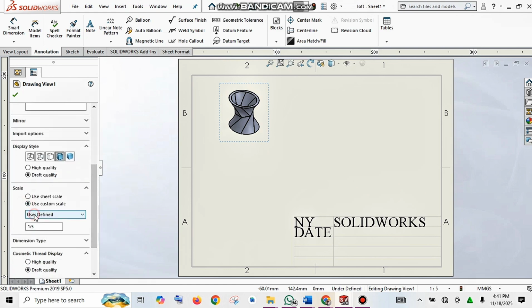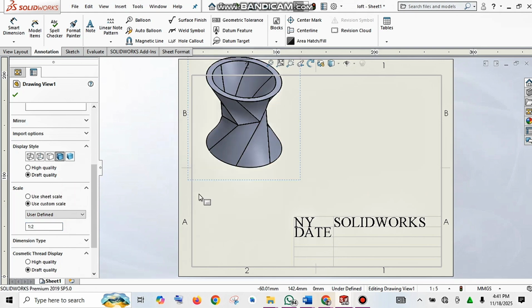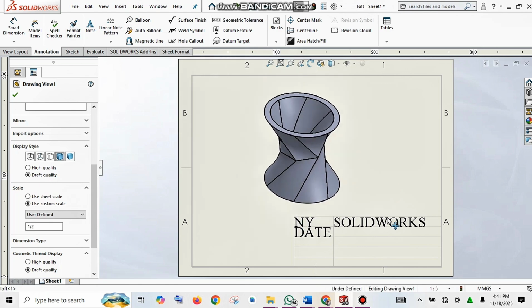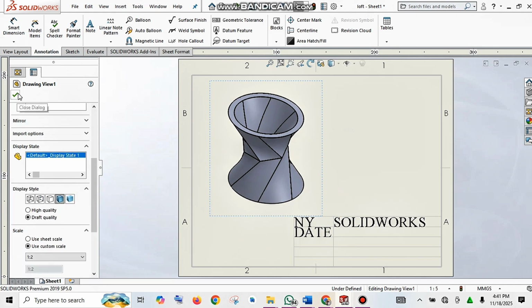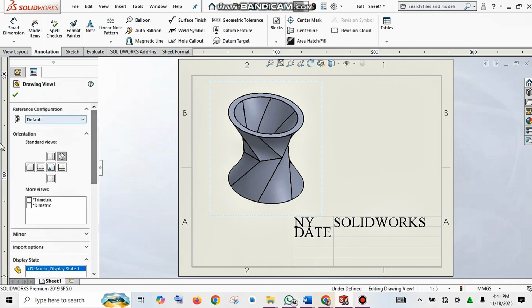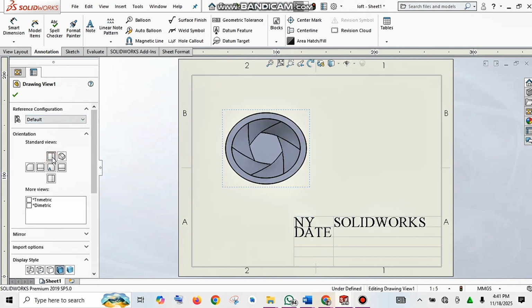I can also increase the size, that's the scaling. So click on selecting user defined, and then changing the ratios of the object. With this, you see you have a bigger one, and you can drag it down by dragging the box of the image, and move it around. The ideal practice is that at this point you should bring in the top, the front, the side, and the plan view,